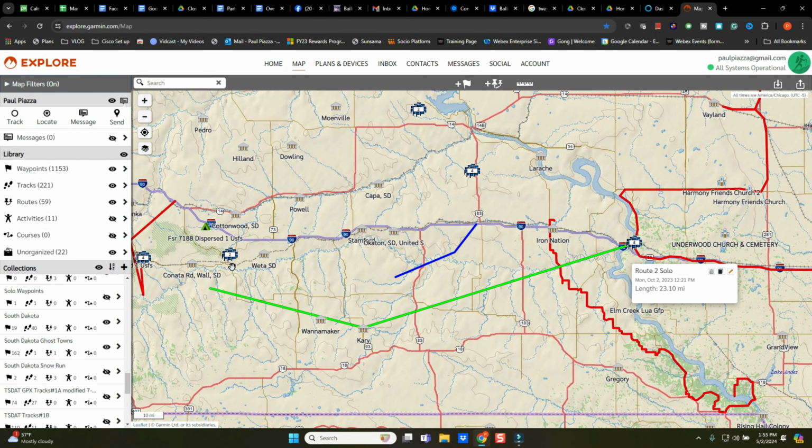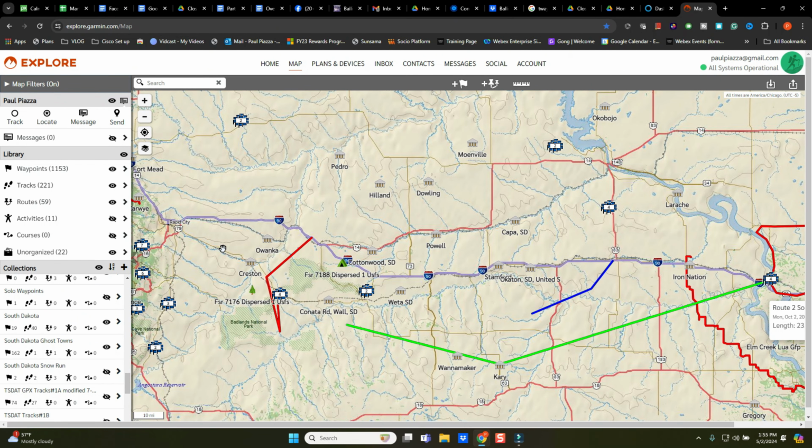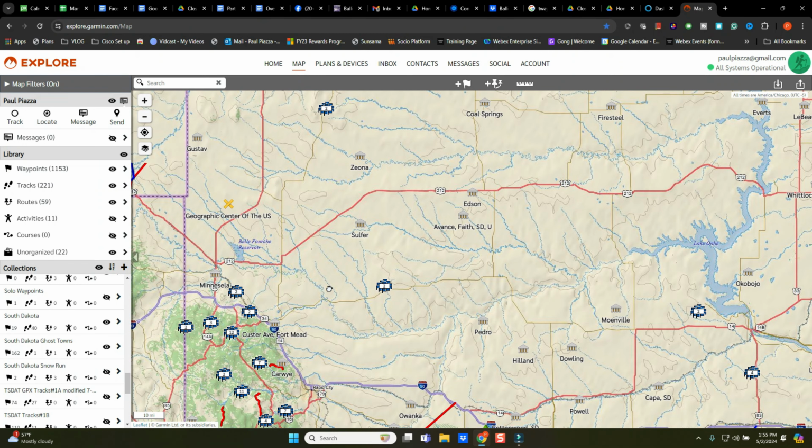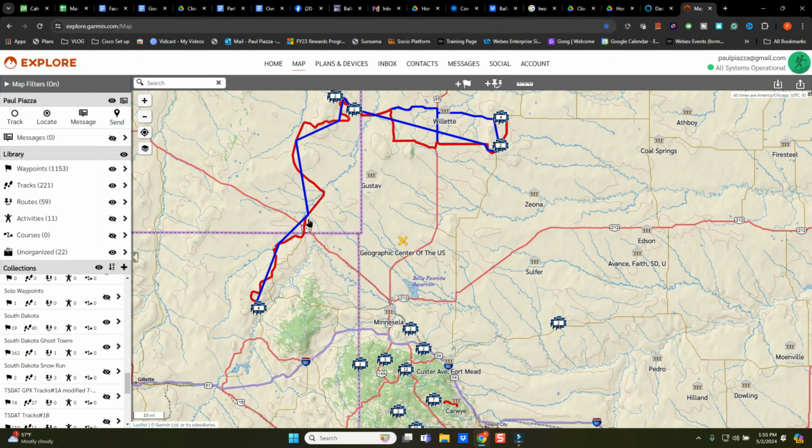So like when we went out, as I mentioned earlier, and you'll see in the video here, we did a trip into the back roads. This is the trip. If you look up in the video here, this is the trip we took, starting here all the way through the back roads. The red is actually the route we took, and is basically what we did in our overland trip. So it synced up from my Tread to here and showed it here. So that's our overland trip that we took on the back roads to Devil's Tower.